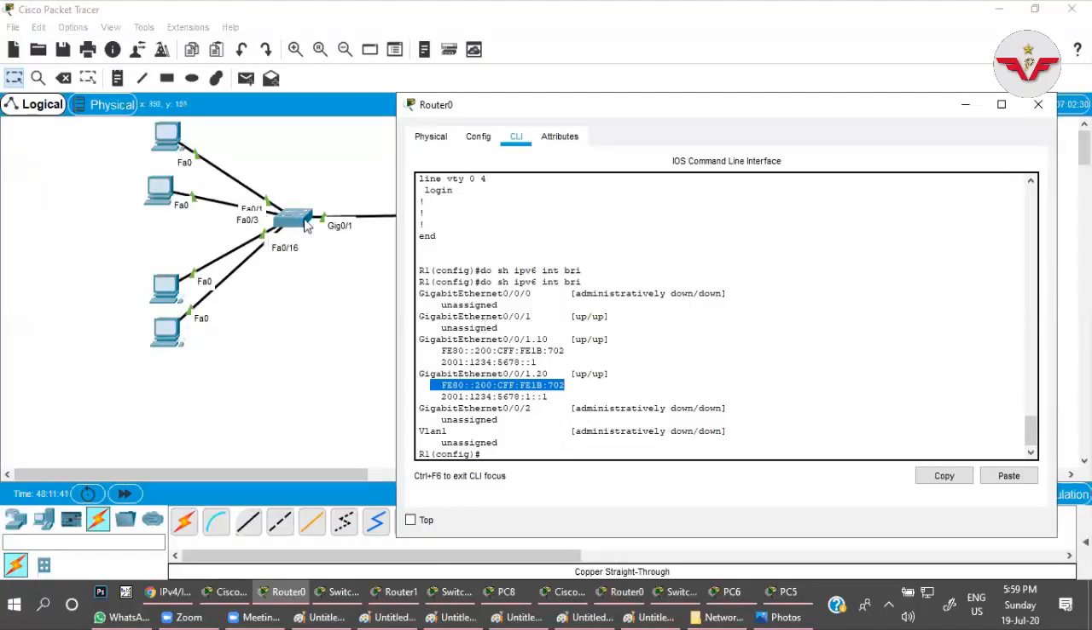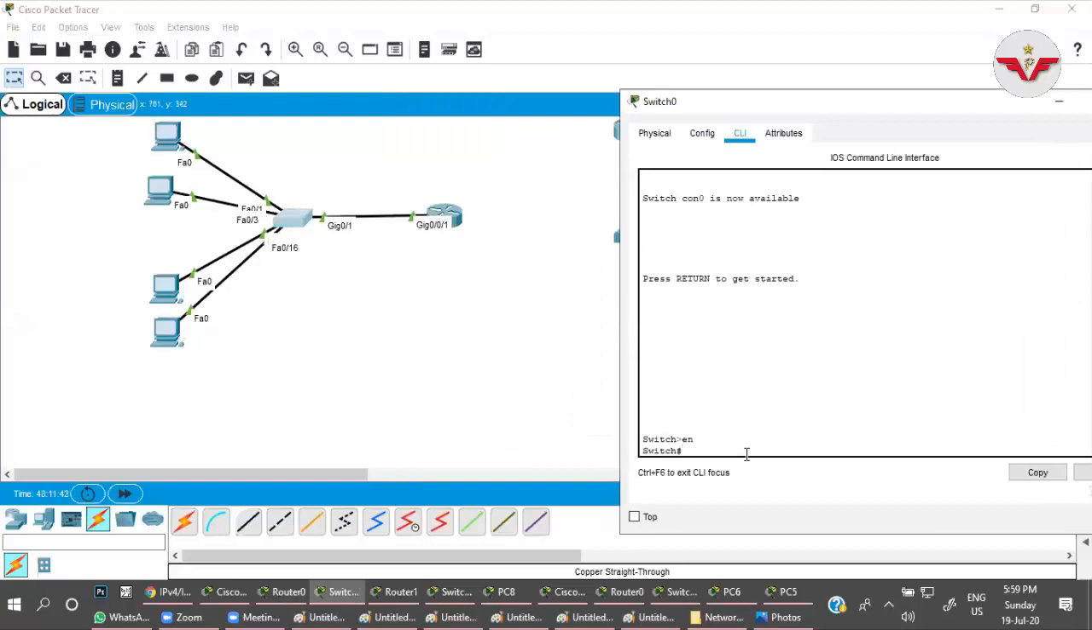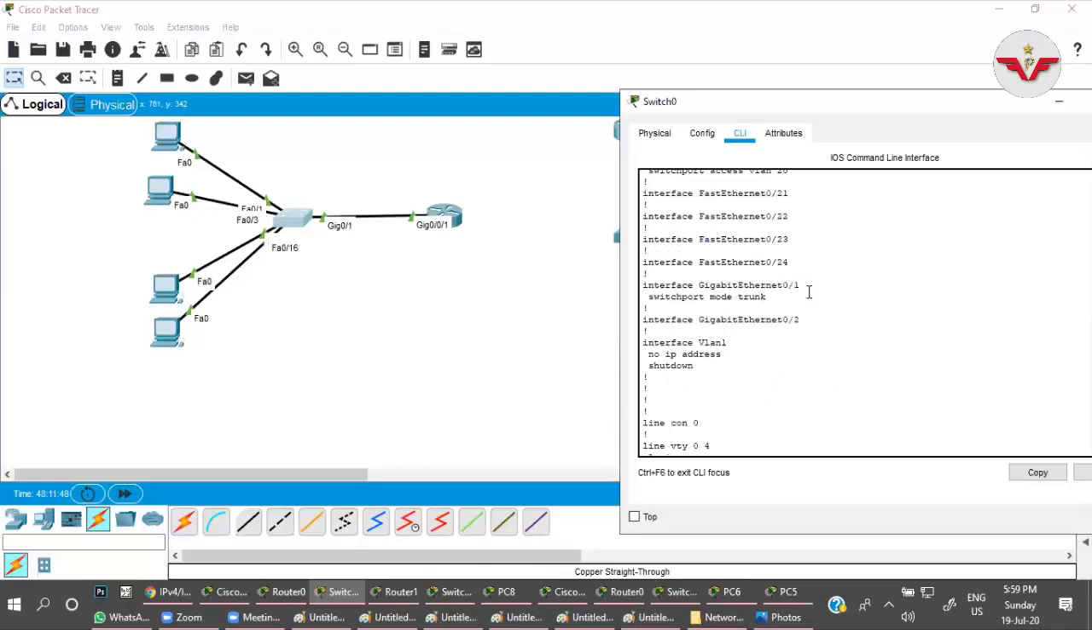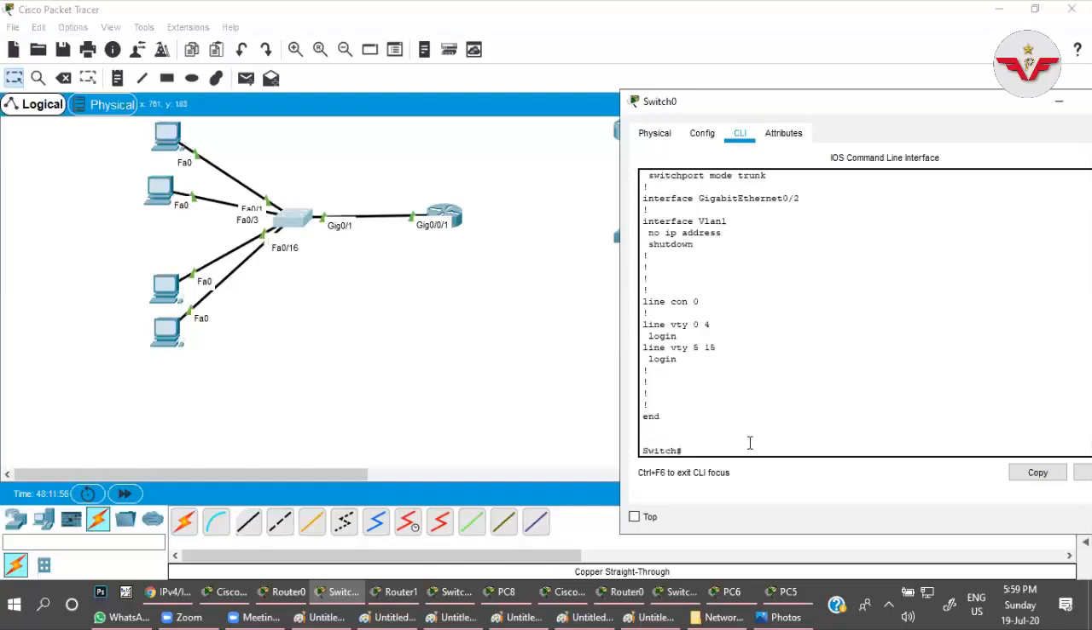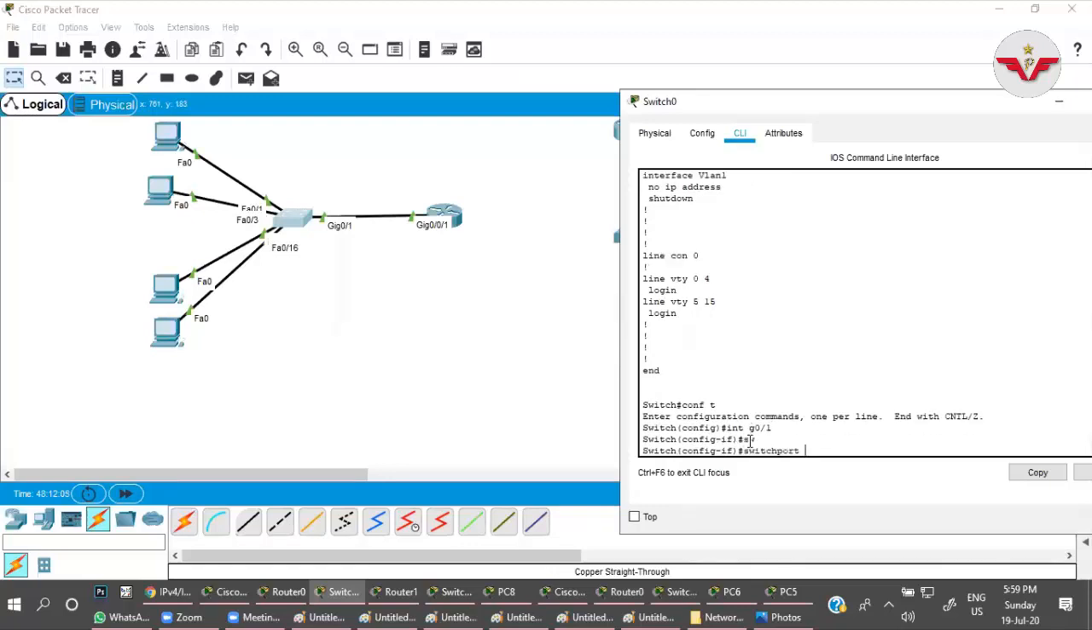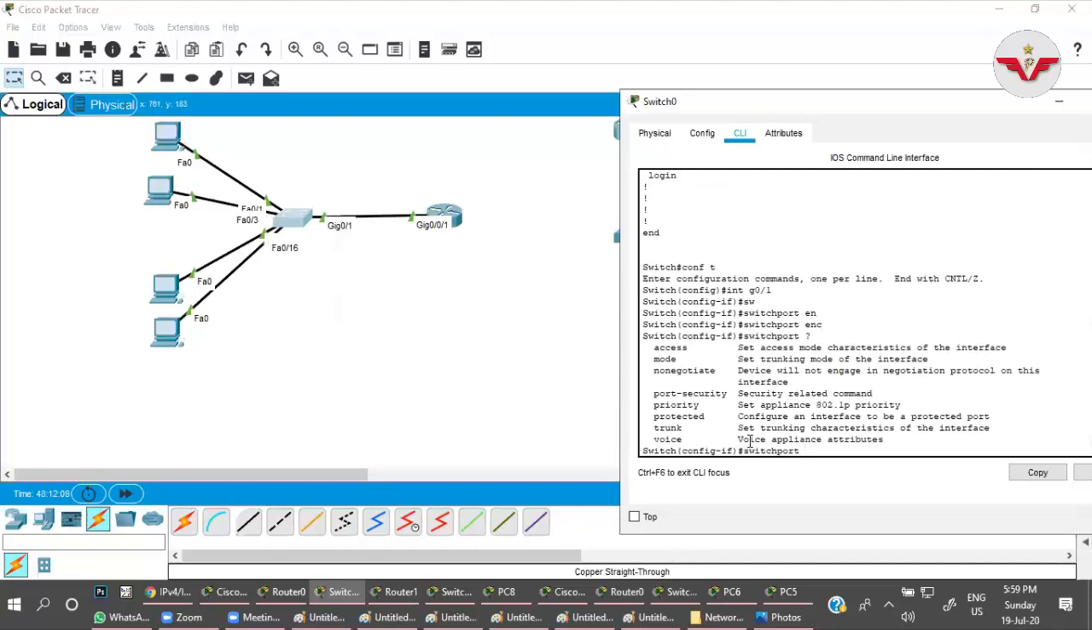That is not the issue. I think show run int z0/1 switch port mode trunk. Int config t int z0/1 switch port encapsulation switch port mode